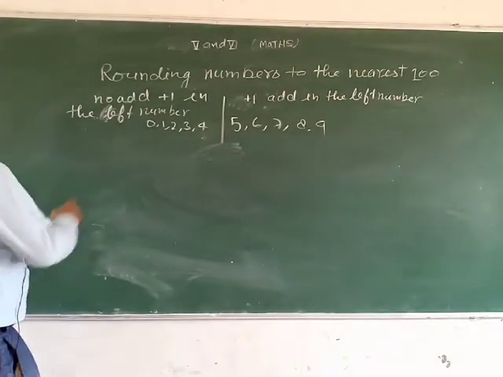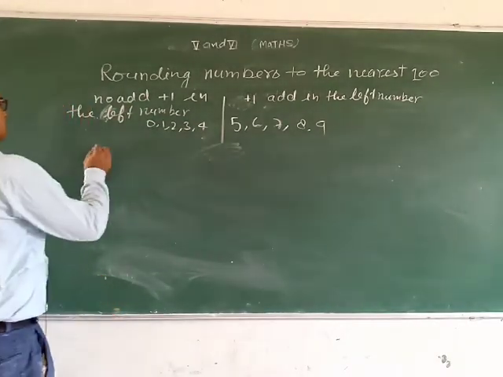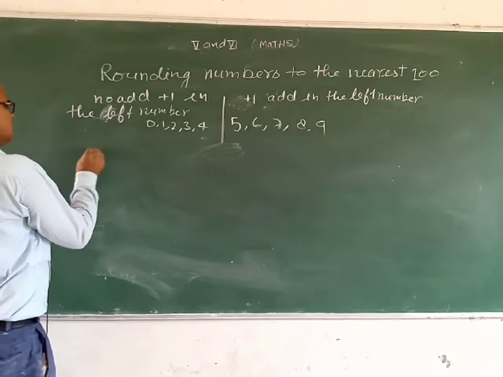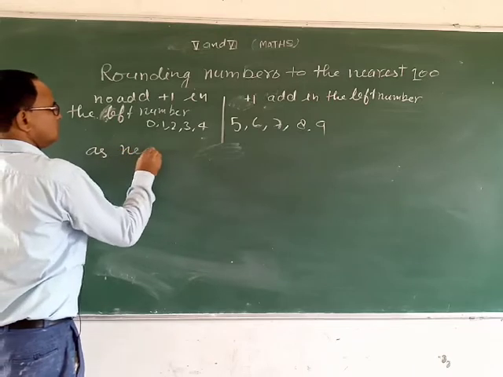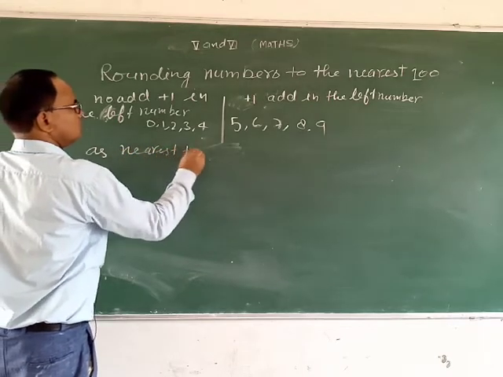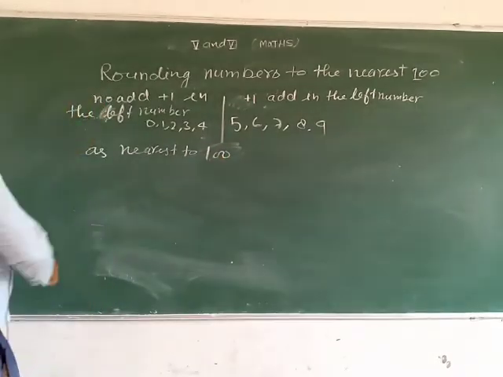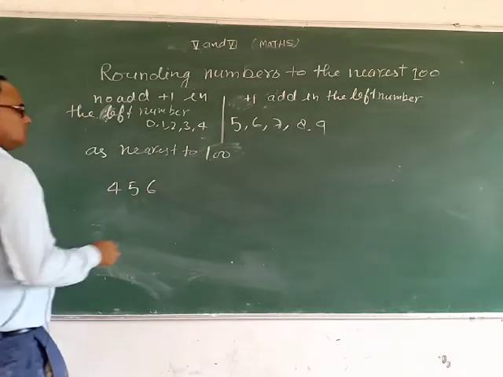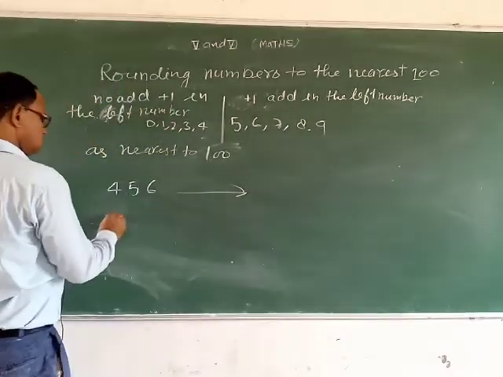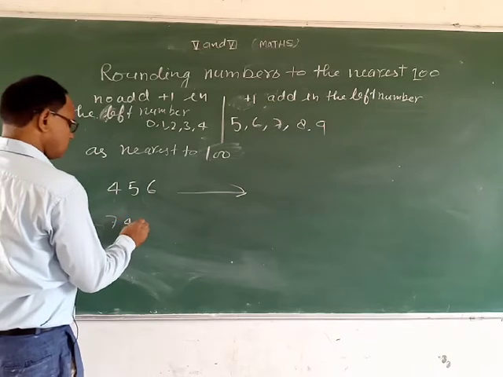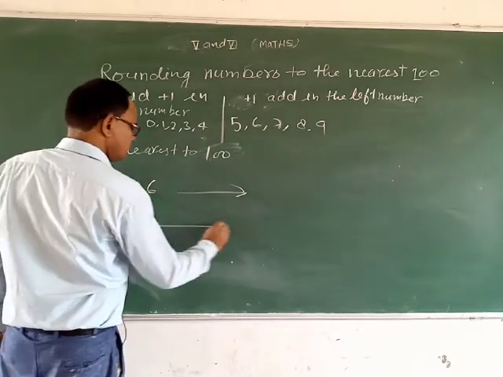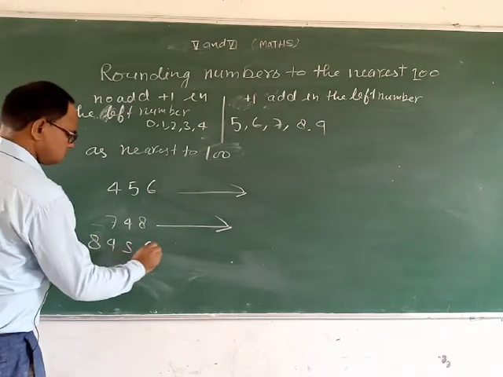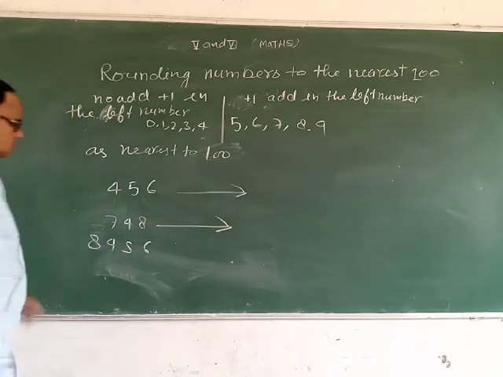here as the nearest 100, rounding number to the nearest 100. Here 4, 5, 6, 7, 4, 8, nearest value. 8, 4, 5, 6. Here